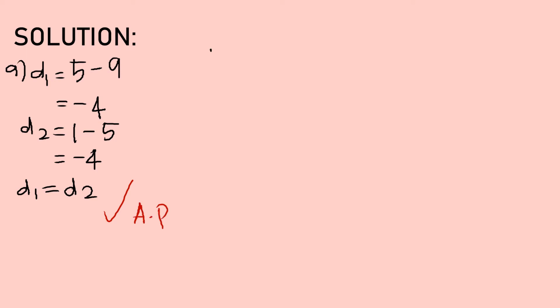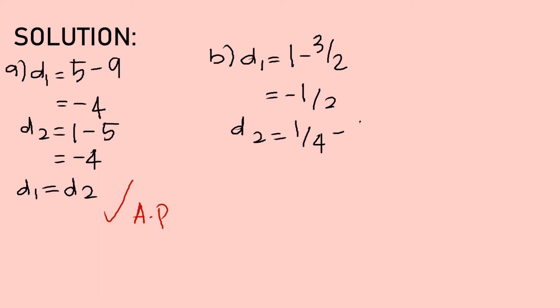How about B? D1 equals the second term, 1, minus the first term, 3 over 2, equals negative 1 over 2. D2 equals 1 over 4 minus 1 equals negative 3 over 4. Therefore, D1 is not equal to D2. The answer is not an arithmetic progression. Next,